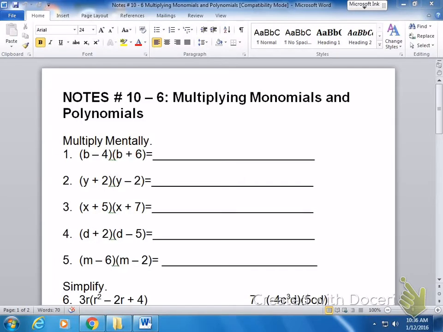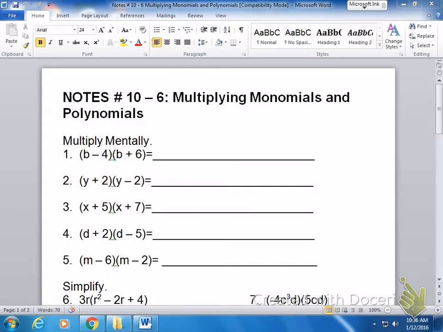All right, guys, so we're doing 10-6 today, and it's basically a review of everything we've done. We do have a quiz that takes place right after this, and this is most of it. The only other things on the quiz are a few of the geometric problems you can find in 10-5. We're going to start off by doing b minus 4 times b plus 6,